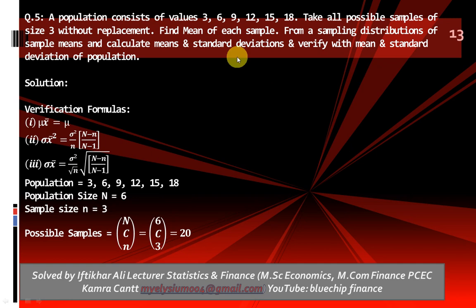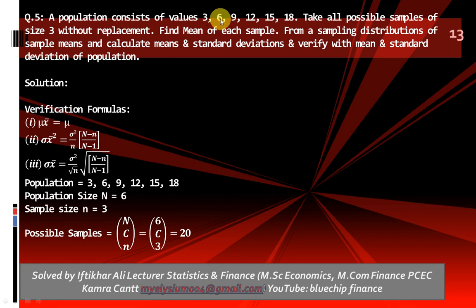So first of all, 3, 6, 9, 3, 6, 12, 3, 6, 15, 3, 6, 18. After that 3, 9, 12, 3, 9, 15, 3, 9, 18. After that 3, 12, 15, 3, 12, 18. After that 3, 15, 18. Now all the samples made with the help of 6 are done, so we just eliminate 6. All the samples made with the help of 3 are made, so we just eliminate now 3 and take the next